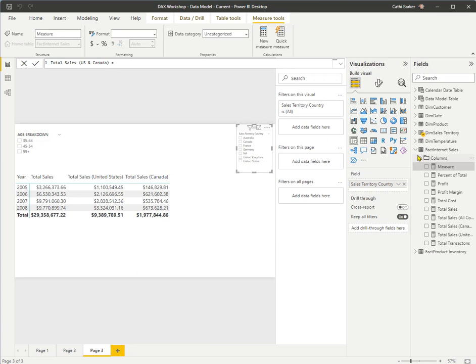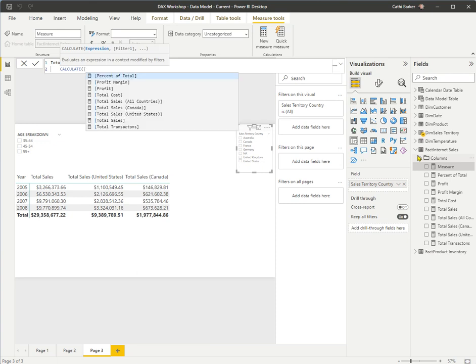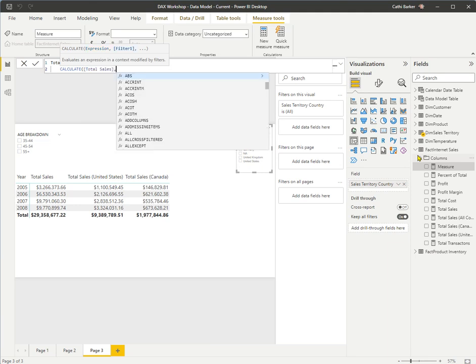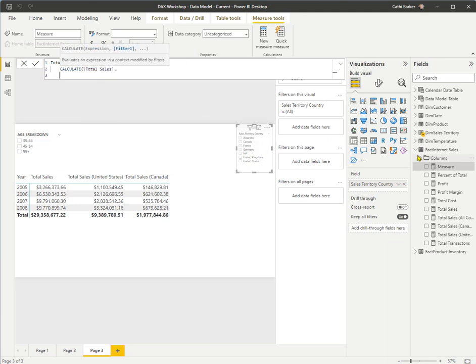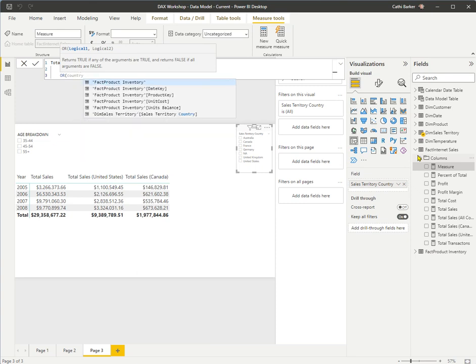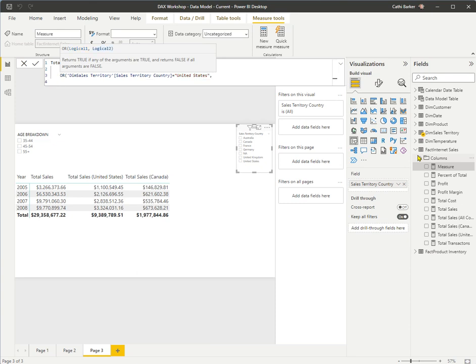Close the brackets, equals. I'll press Shift Enter and I'll type calculate. The expression or the aggregate or the measure that I want to calculate is square bracket, total sales, comma, and then Shift Enter. Now what I want to do is use the OR function. So I'm going to go OR, and I want the country, so I type country, from the sales territory query, equals double quote United States, double quote comma, Shift Enter. The other country would be country equals double quote Canada,